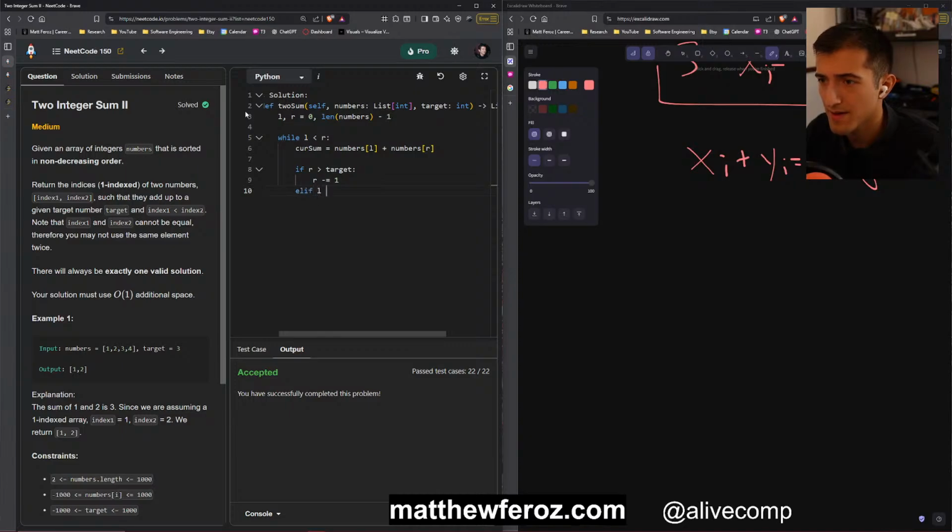If L is less than the target, we're going to say L plus equals 1. Else, we are going to return L plus 1, comma R plus 1. And if this doesn't work, we're just going to return an empty thing.